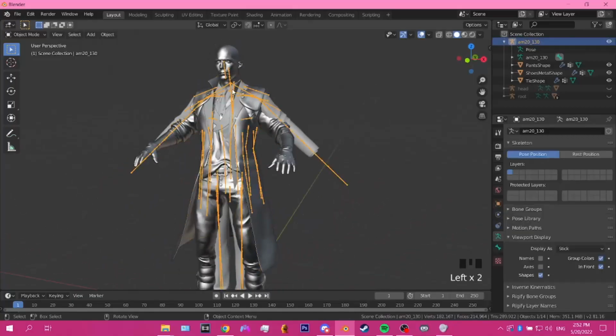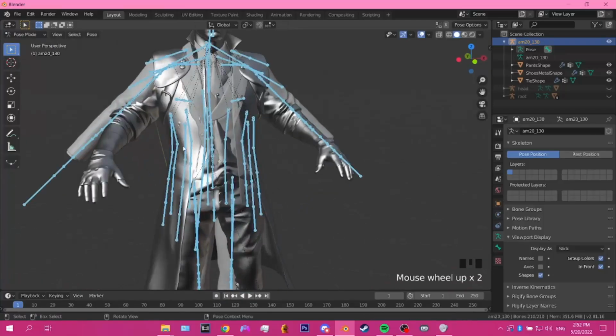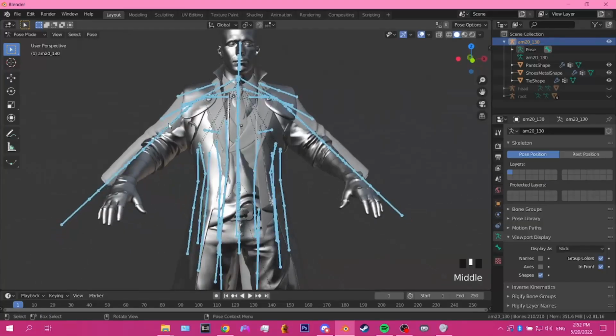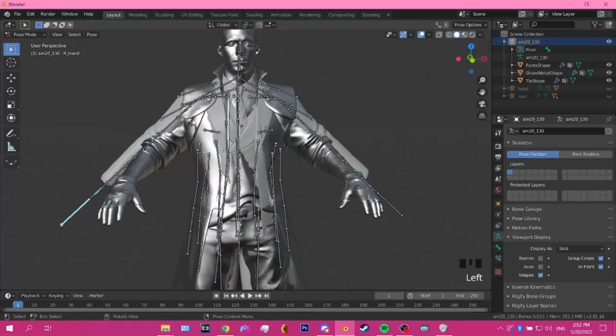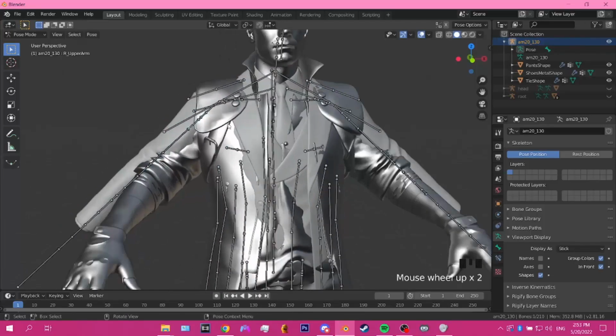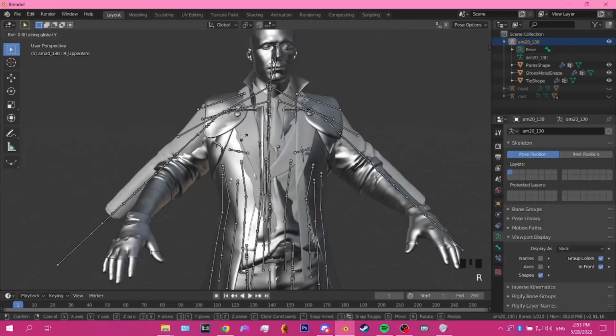I'm going to select the armature. I'm going to choose this little drop-down menu up here, and this switches what mode you are viewing your model or your armature in. In this case, we're going to want to go into pose mode. Once we're in pose mode, we're pretty much free to resize and scale the model as we please along these individual bones. So I'm going to grab the upper arm bone, and if I press R to rotate